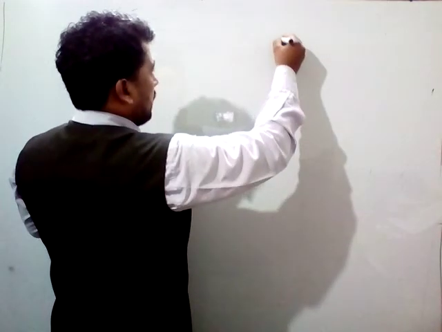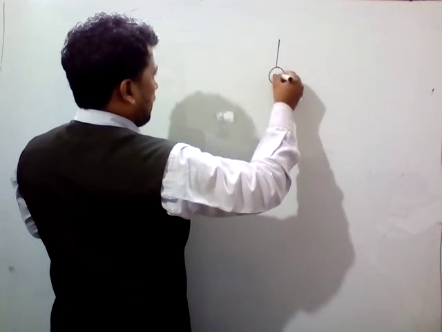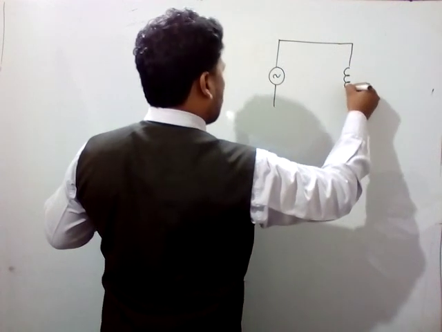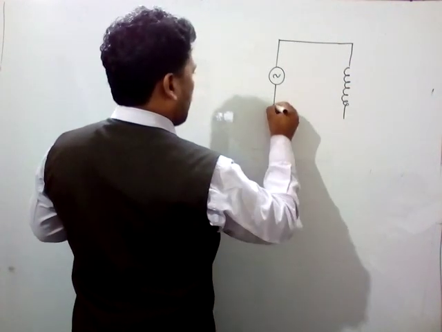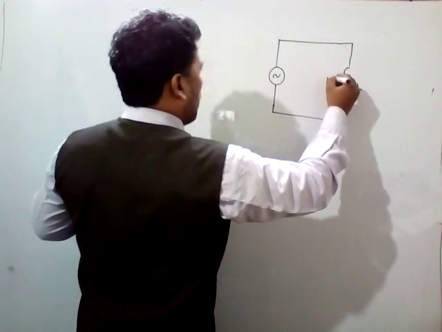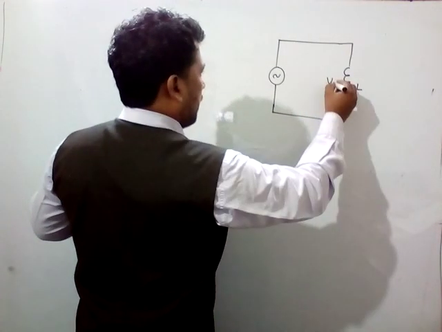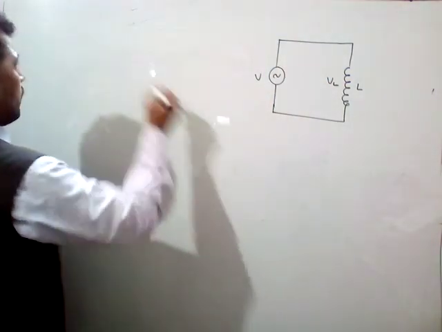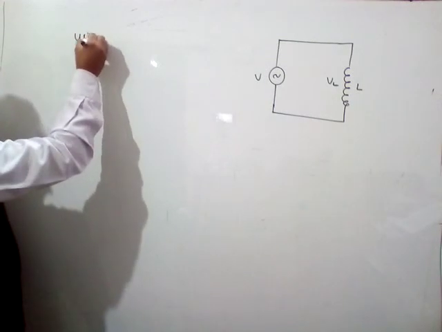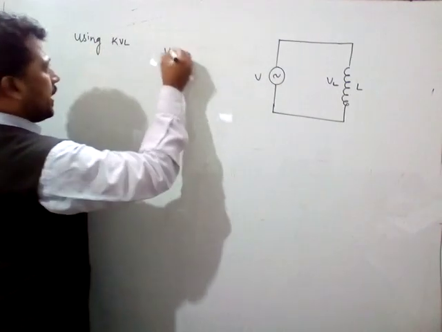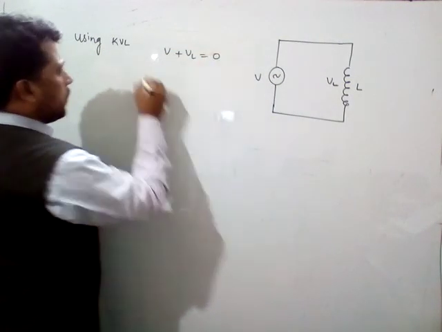So this is an AC circuit where an inductor is attached in the circuit like this. This is a coil whose inductance is L and the voltage at the coil is VL, and this is the voltage of the AC circuit. So using KVL for this closed loop, the net EMF will be 0, where